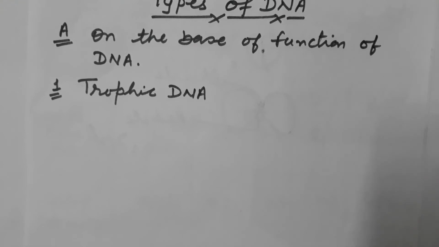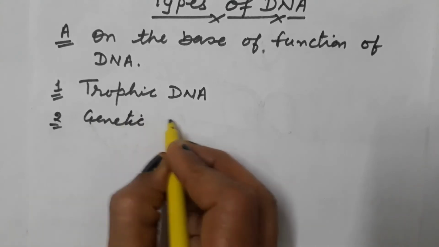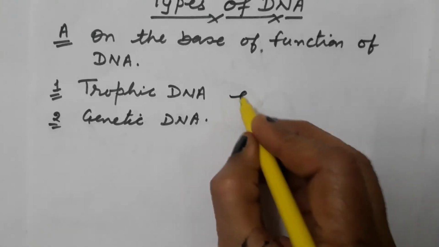The another type of DNA is the genetic DNA. As the name indicates, it is the one which gets inherited and is responsible for reproduction, not involved in other functions of the body but involved in the reproduction processes. This type of division of DNA is not found in higher organisms. We observe it in lower organisms, the example is paramecium.